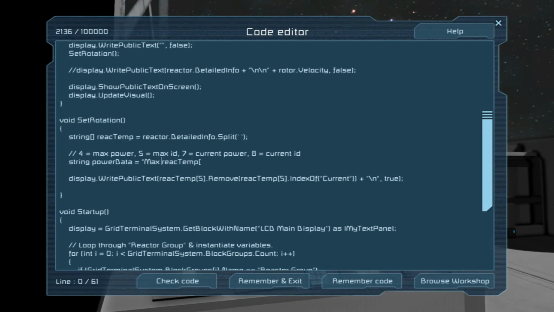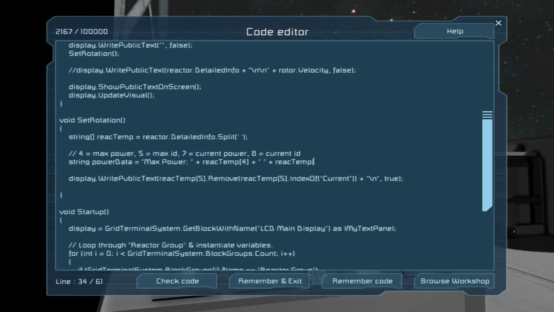So max power plus react temp. Which one is it? 4. I don't know if we actually need the 2-string part or not, so I'm just going to leave it. And then do react temp.